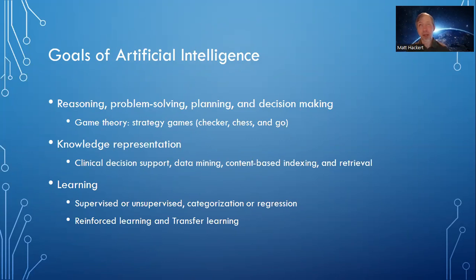Another trait that we look for and a goal of artificial intelligence is various types of learning. There's been a lot of work done in both supervised and unsupervised learning, where systems have reward models in supervised learning. Unsupervised learning, there may be end goals in mind, and the computer can analyze data in a number of ways. Then